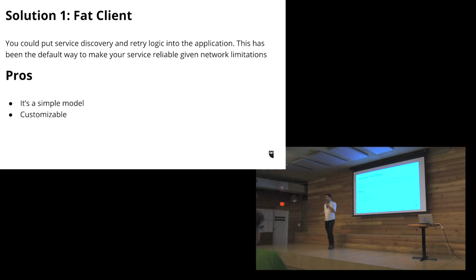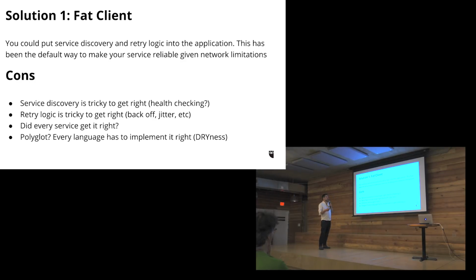So one solution is a fat client model, which is putting all that logic inside of the application itself: how to find the service, retries, and everything to do with calling out to a service over the network. With that, it's pretty simple and easy to understand. I guess you can customize it if you want, like if you want to treat one service differently than another. But there are also a lot of cons to that, which is service discovery is actually pretty